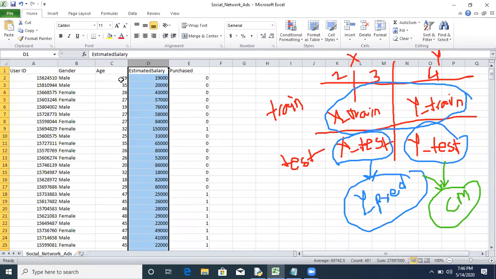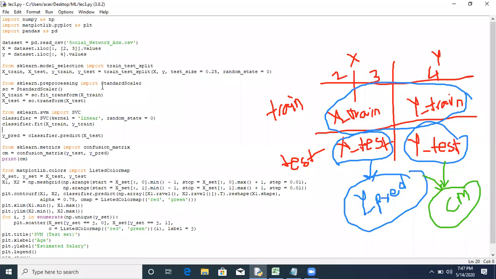Because this is a 2-digit number and this is a multiple digit number, mismatch will occur there and it will not give a good accurate prediction. So to get a good accurate prediction, we have to scale these inputs. For that purpose, we will use this standard scaler, sklearn preprocessing. We are applying this scaling only on the input because y is in the form of 0 and 1, so no need to apply scaling on y.